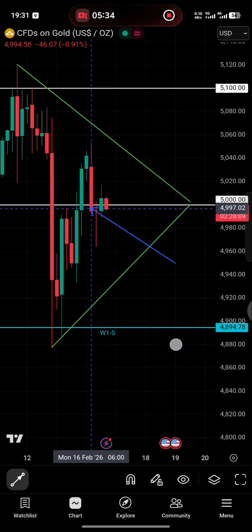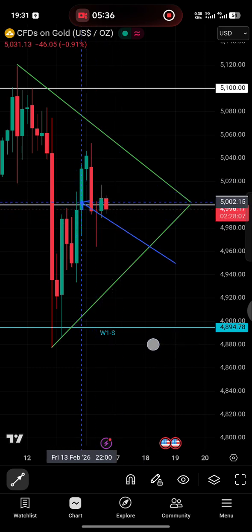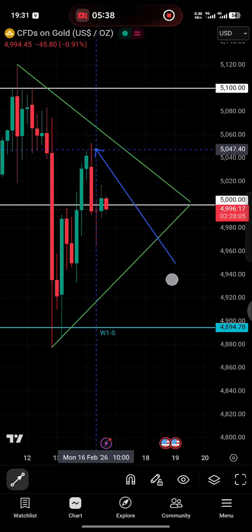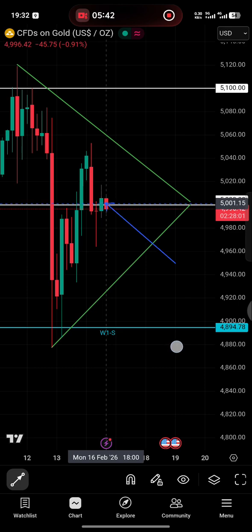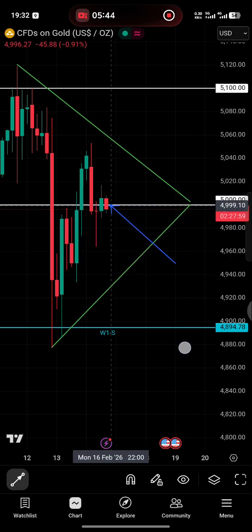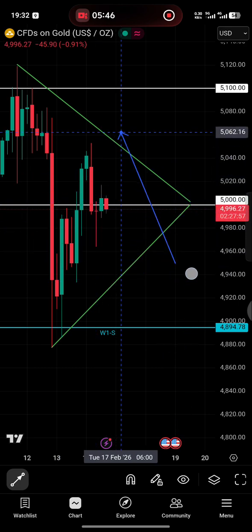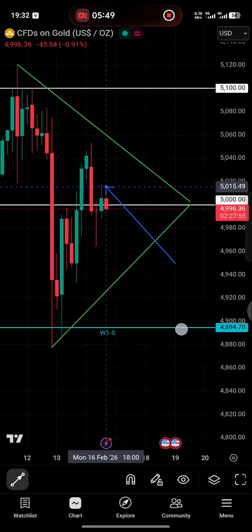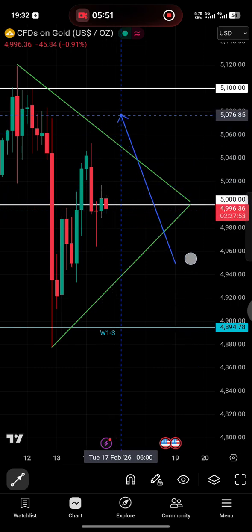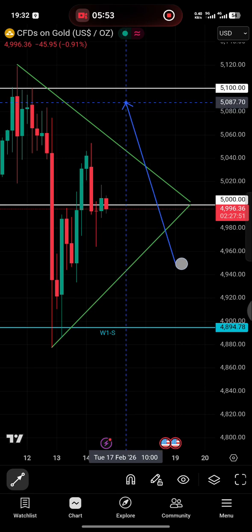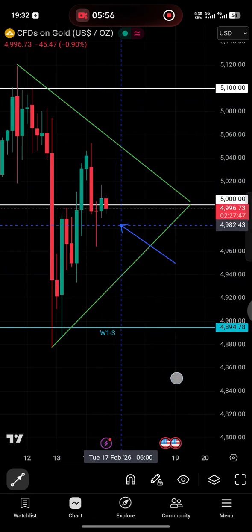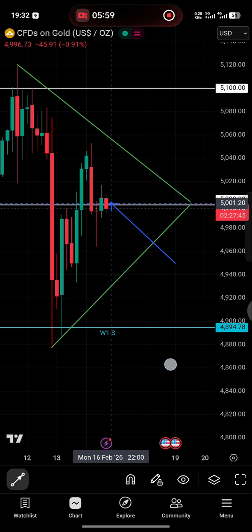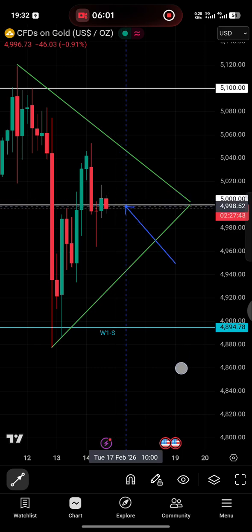The middle spot, the middle triangle, is always where the price, if the price is not looking to go on a trend soon, will always come back to the middle, right? No matter how hard it pushes down, it will still come back to the middle. No matter how hard it pushes up, it will still come back to the middle if it is not going on a big trend. So if the price is not going on a big trend, the price will always go up and then come down to the middle, go down and then come back to the middle, because this is what I call a balance zone,